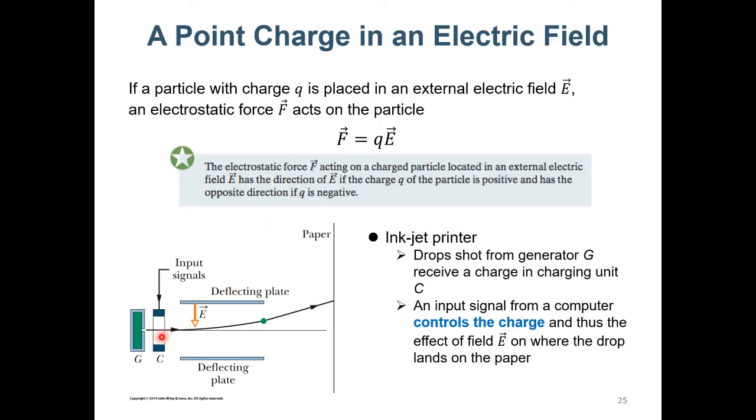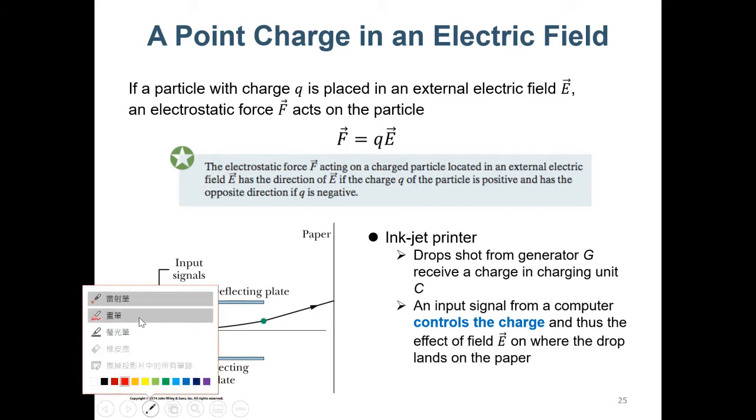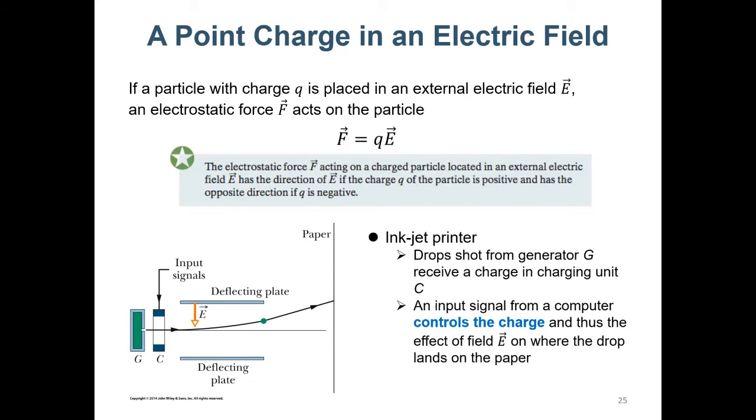So assuming that the Q is positive, then if this plate is also positive and the upper plate is negative charge, the E field,